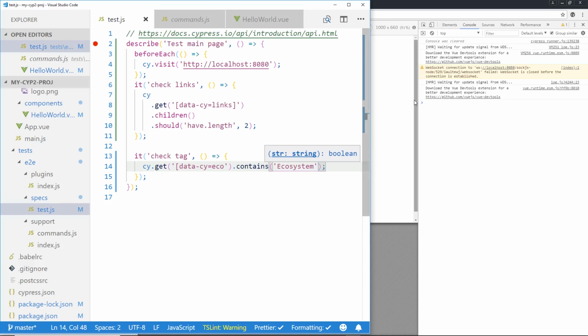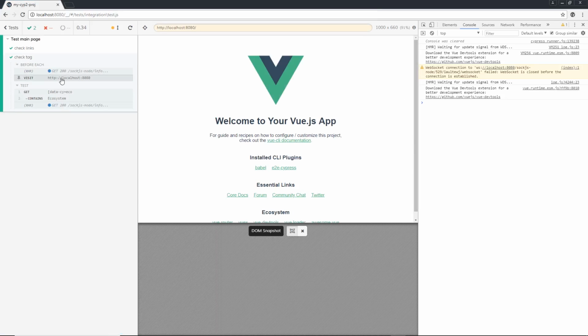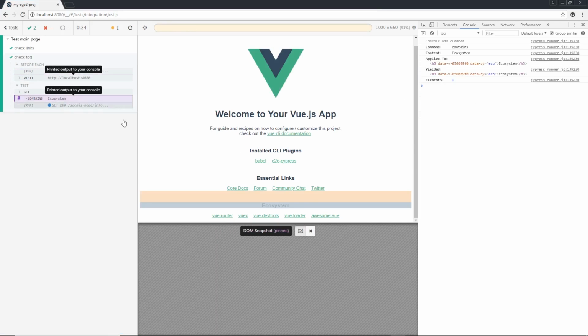So we'll save it. It runs it again, and you see it already passed. So it says right here, this matches what we expect it to be. So that's just a really quick example of using Cypress on your